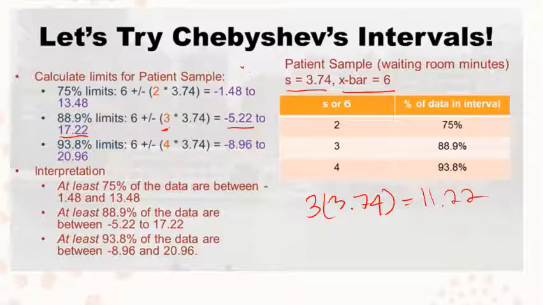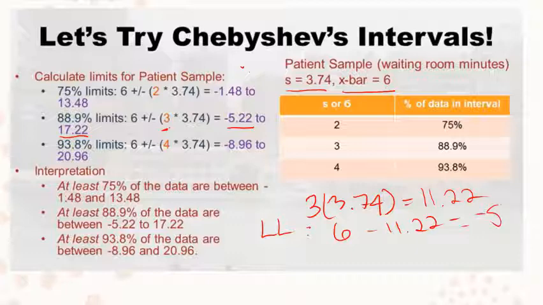That means we have to add 11.22 to 6, and we also have to subtract 11.22 from 6. Let's find our lower limit first. 6 minus 11.22 equals